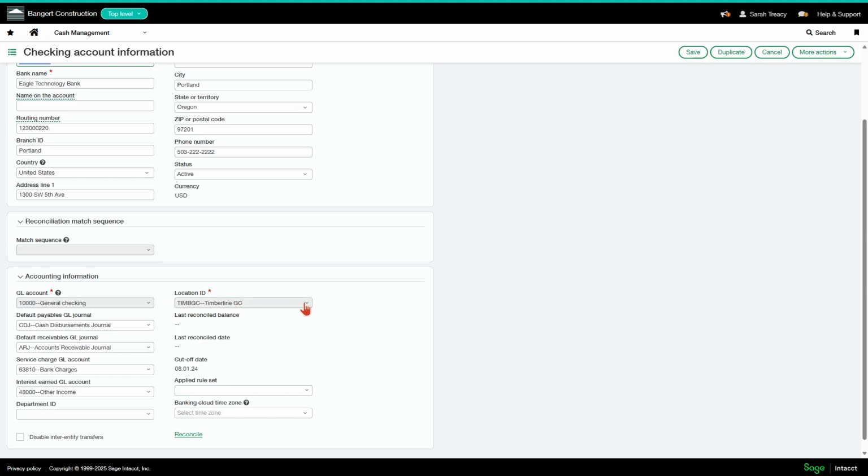The next scenario is if you do have transactions that have been paid associated with this account, you would need to reverse all those transactions, void out the payments that are tied to the bank account, and then come in, inactivate the account, and recreate the bank account with the correct location. And once that new bank account is created, you could recreate all those transactions and payments and link them to the correct account with the correct location.